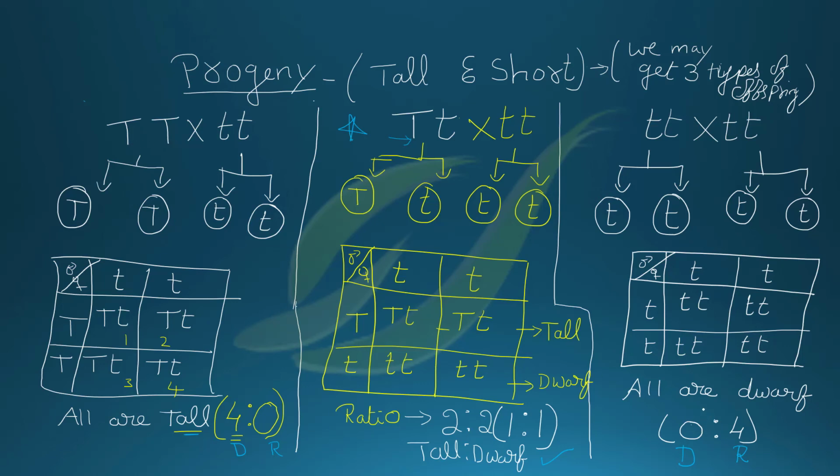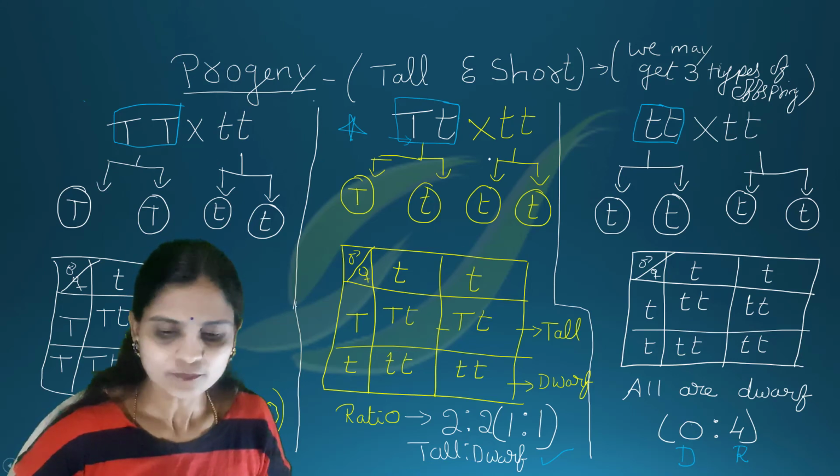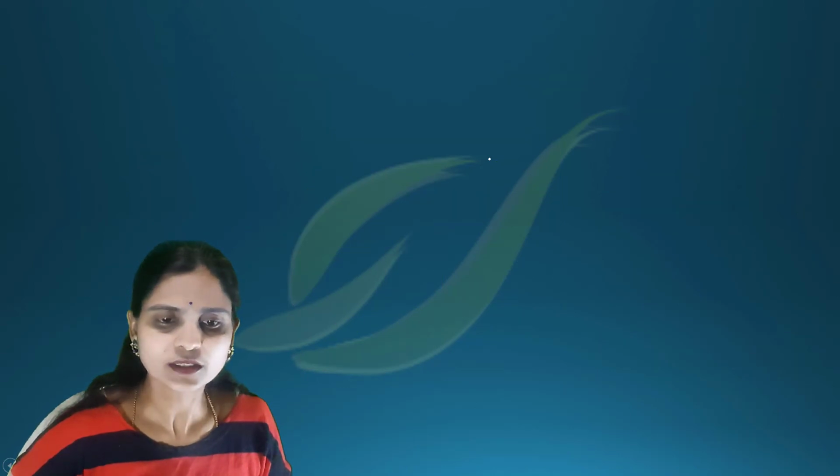Now here, if the plants obtained are recessive, it means the parent is recessive. Actually, whatever we have taken in the first is the parent. As I told you already, if the progeny is like this and we have crossed with small t, it is a recessive parent. Hope you have understood this. Okay, so let us see the next thing.